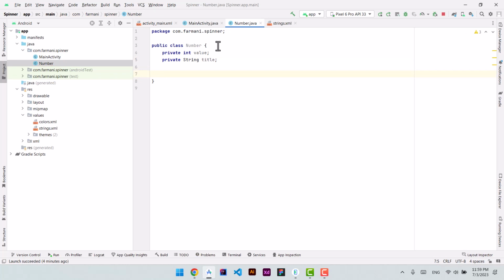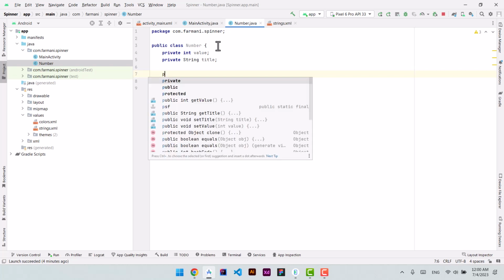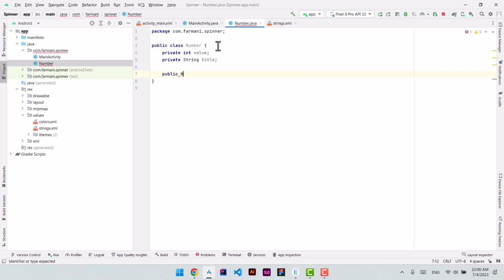And of course I need the constructor method, so public number, and I need to add two arguments to that, int value and string title,